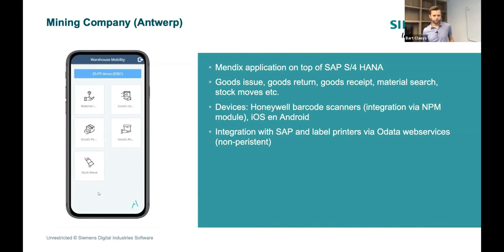Yes, thank you. And also, the question is, how do you manage the communication between Mendix and SAP? In this case, it went via OData Web Services, which is, I think, a standard protocol within SAP. And what we did, and it was explained in the previous webinar, is that we have a starter application that connects your SAP system with the Mendix environment. So you can run it on SAP Cloud Platform, but you can as well run it on MindSphere, for example. But in this case, it was via OData Web Services.